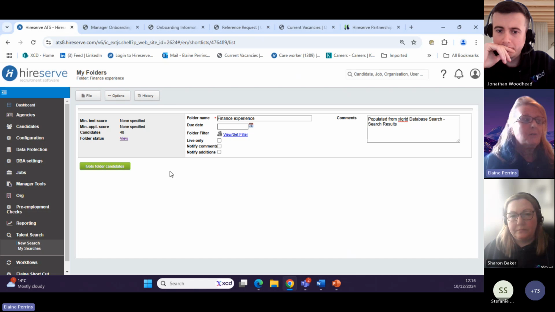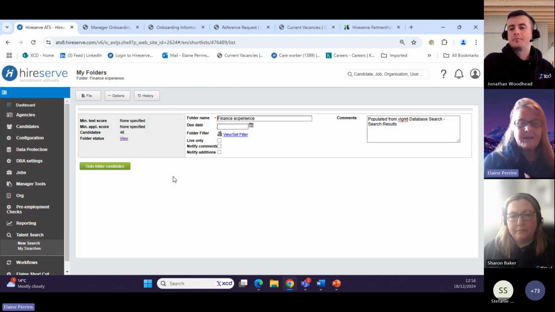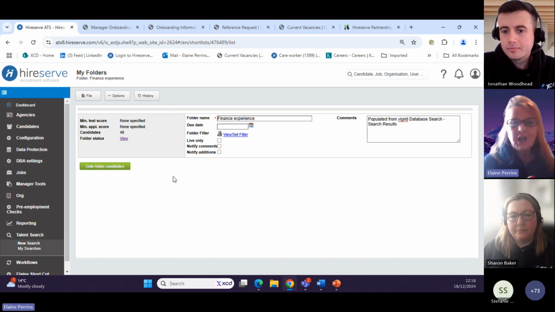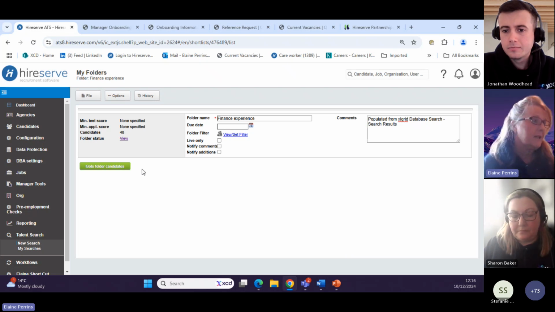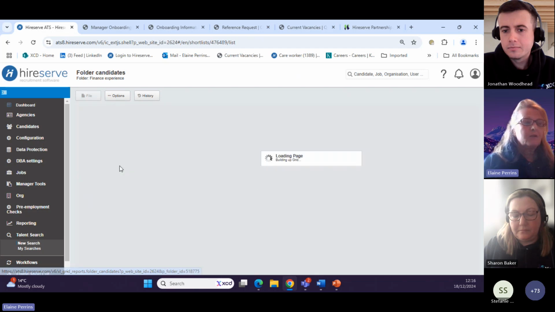As you know, from the folders area, this now is anonymized information. This can be shared. So if you want these candidates to be considered and shortlisted, maybe by a hiring manager, then of course the candidate folder can be shared with people outside of the recruitment team. And if you go to the